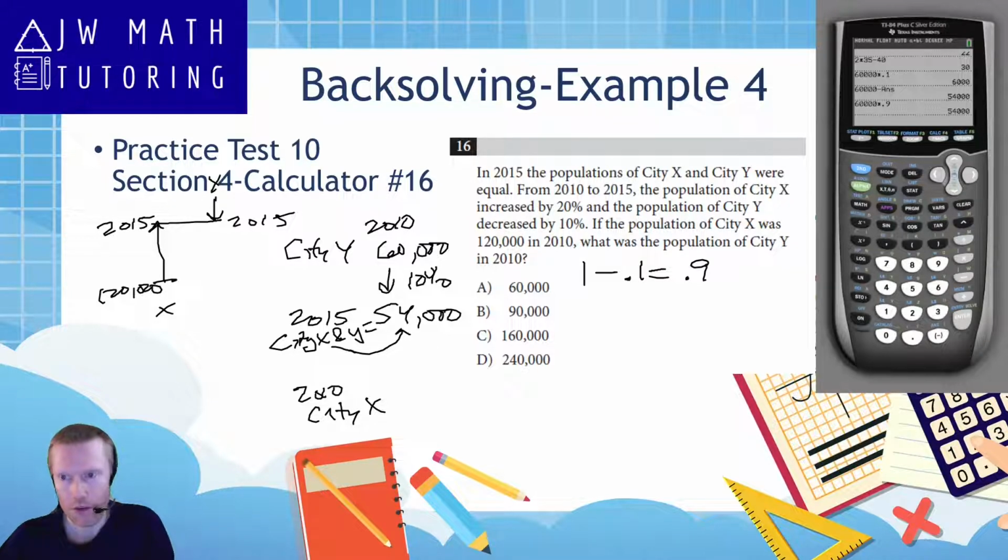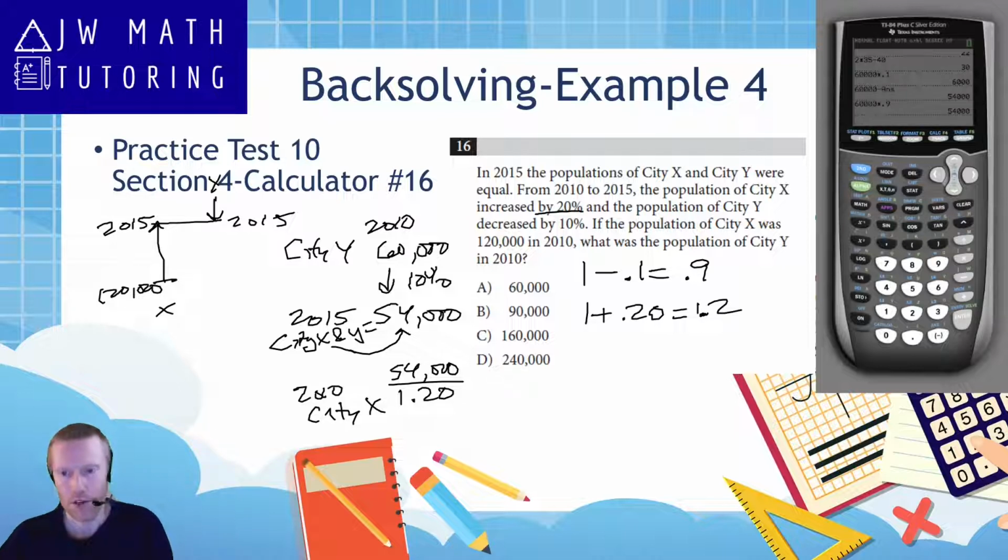Now you go back here and see that city X increased by 20%. The way we would calculate that is we would take the 54,000, which is the 2015 total, and divide it by 1.2, because I'm taking 1 and adding 0.2 to it for the 20%. So from 2010 to 2015, there's a 20% increase. If we had the 2010 value, we'd multiply it by 1.2, whereas if we have the 2015 or ending value, we divide it by 1.2 to get the original or starting value. So if you now do that on the calculator,